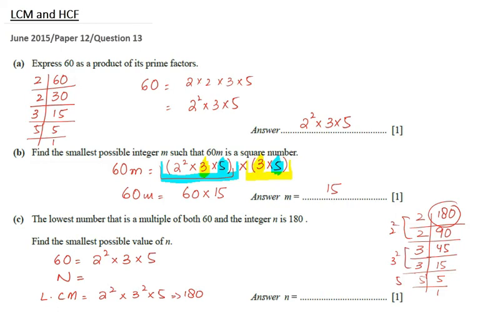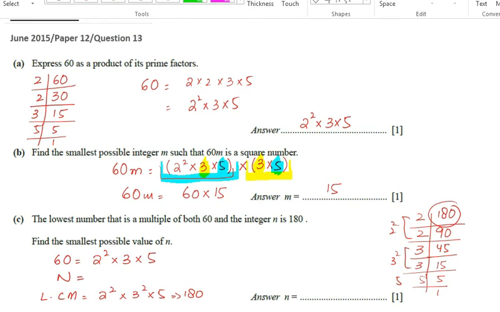Now if we compare this LCM and the factors of 60, we see 2 square is already present in the LCM. So we can say that 2 square has come from 60. Similarly, 5 is also present in the LCM, so 5 has also come from 60. Now what is not present? Here we have 3 square in the LCM, and in 60 we have only 3 raised to the power 1. So it means the other number must have 3 square.